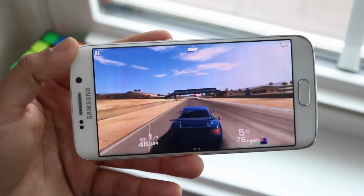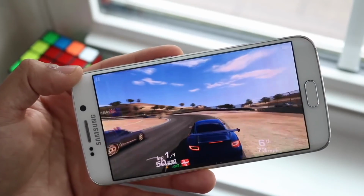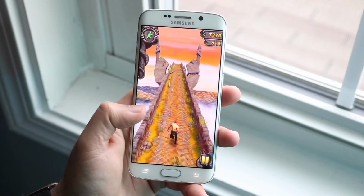I hyped up the build quality, I hyped up the camera. Sometimes, the software, the battery, it's just part of the process. So that pretty much covers the worst aspect of the Samsung Galaxy S6 Edge. Now,